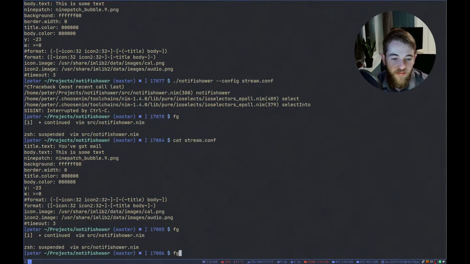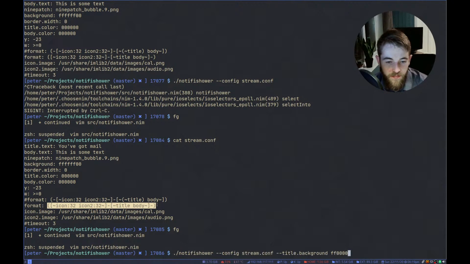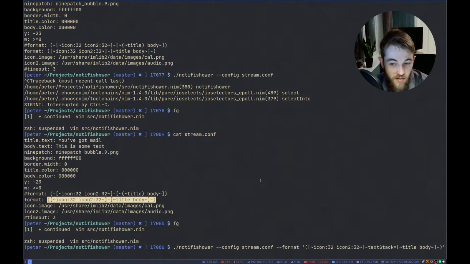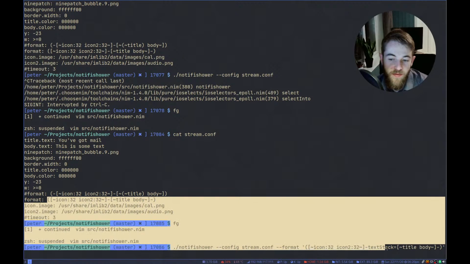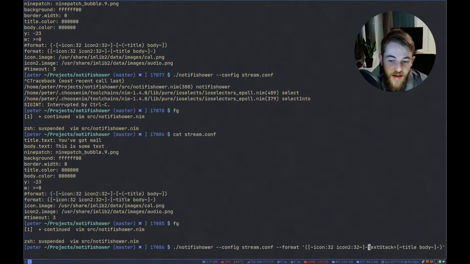So for example, if we were to define a pattern that did something like this, and this is just a quirk of how npeg works, and if we said, well, I want this to be my text stack equals this, then this would first be parsed as an element.